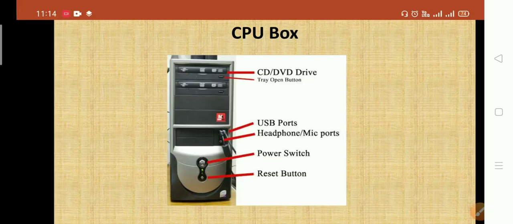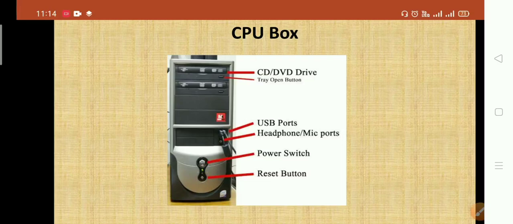Next thing is the USB port. You can see over here where two USB wires are plugged in. Next thing is the headphone and mic port. Here you can see the headphone and mic port, and below that you can see the power switch, and below that you have the reset button. Clear?